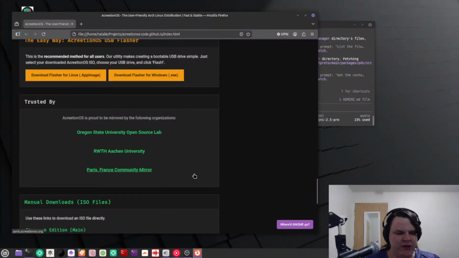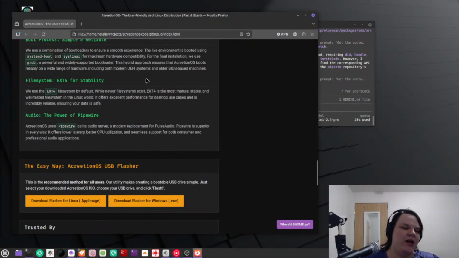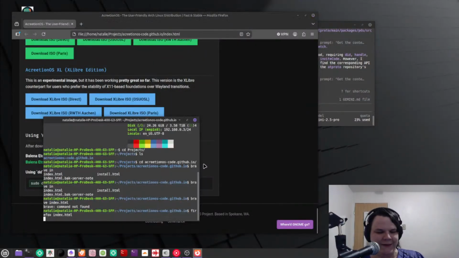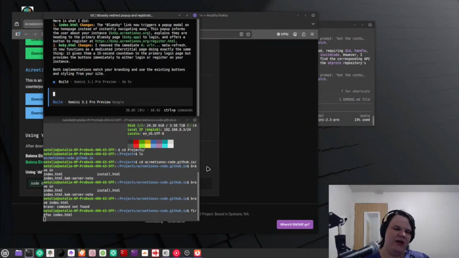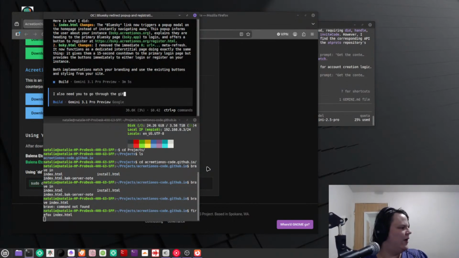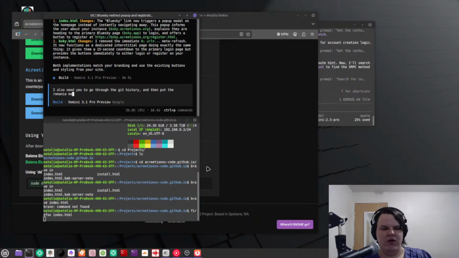As you can see here, it gives the basics of what's going on. Oh shit, I need to fix this up. Alright, I'm gonna do this too. I told him I'd put the mirrors back on. I also need you to go through the Git history and put the Romania mirrors back on.